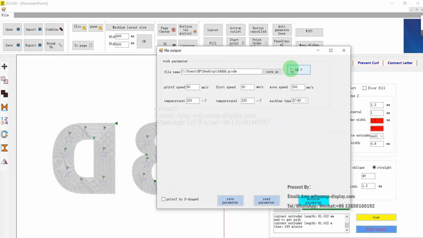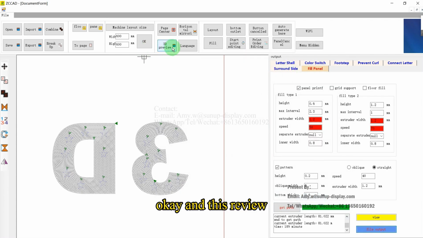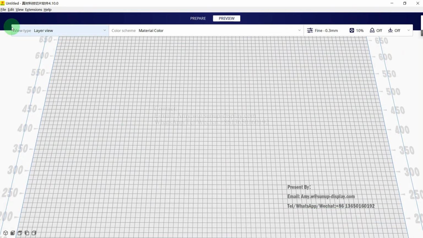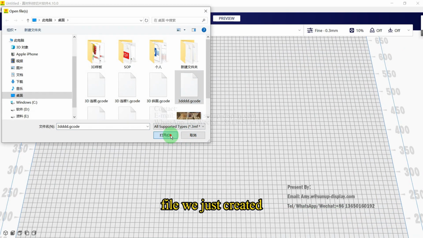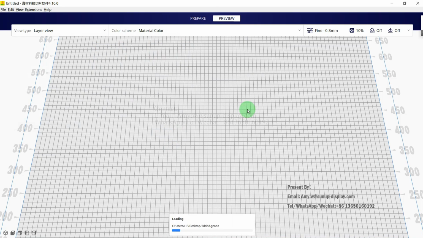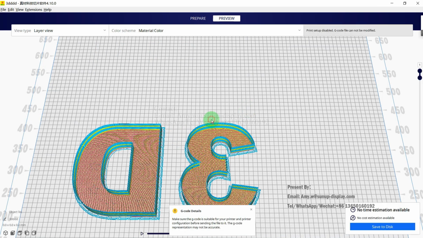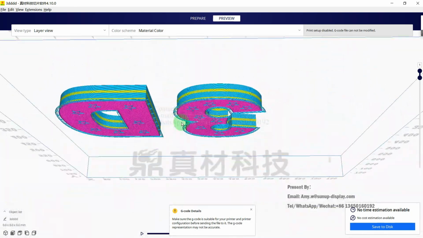File output, and then 3D view. Now let's open this file we just created. You can see